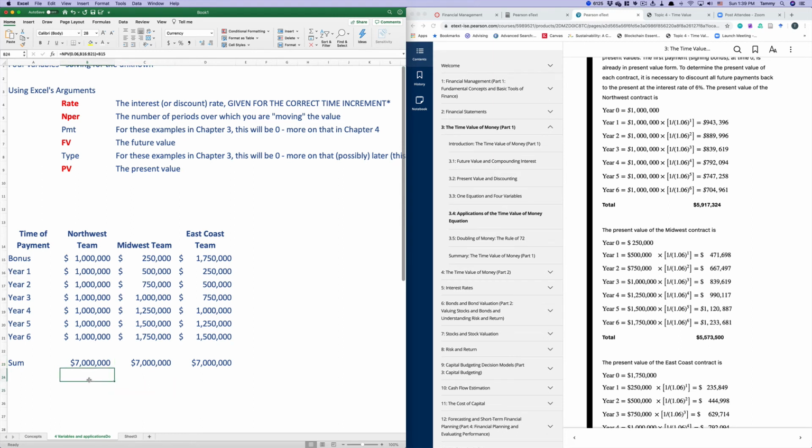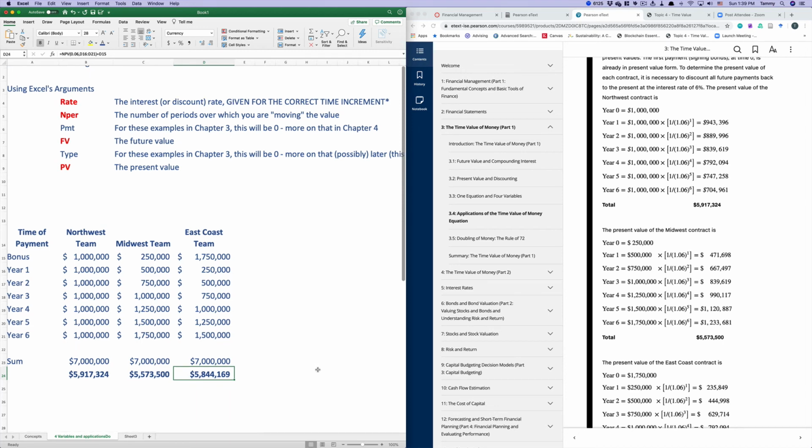Now, Excel, needless to say, has an app for that, has a function for that. And so let me show you. It's called the net present value function, and we'll get a lot more into that in the next module. Okay, this is where I live, people. Net present value. But what you see is that these different $7 million contracts, let me make those red so they stand out, all have a different present value,